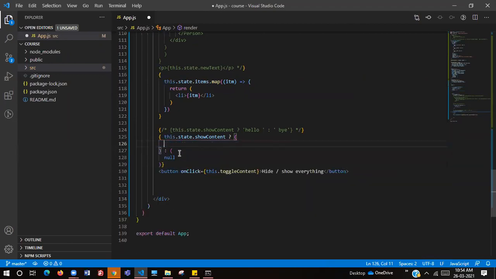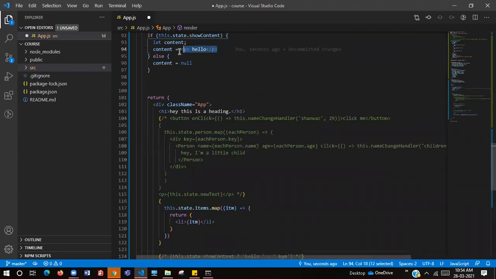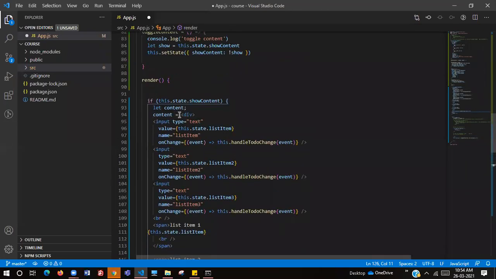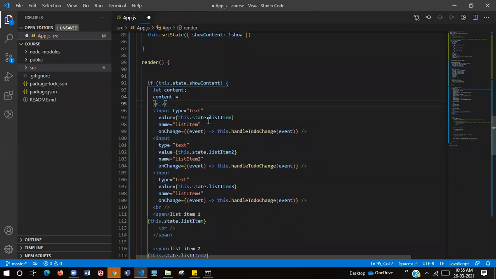Let me get all the div that we are writing there, and let's comment this whole thing out. Let me put that all div here as this.state.showContent equals to. Now what does this content hold?